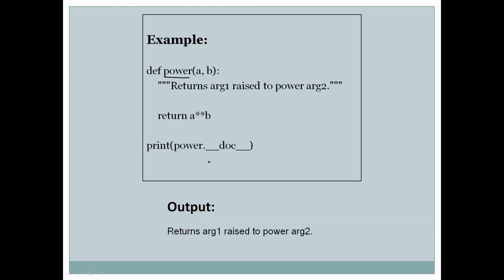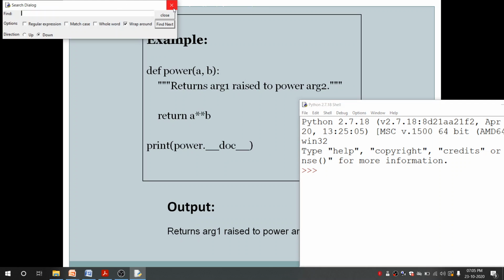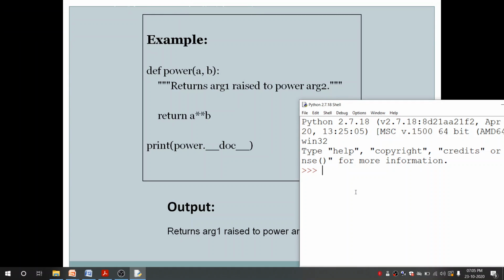Okay, I will show you this particular example. I will execute it and I will show you. I will write the function on the shell itself. I will not create a separate file for it. This is a small program, so I'll directly create a function here: def, then the function name power, in brackets it is taking two arguments a and b, then colon. Now we have to write the docstring. For that I can use triple double quotes or even single quotes will do.